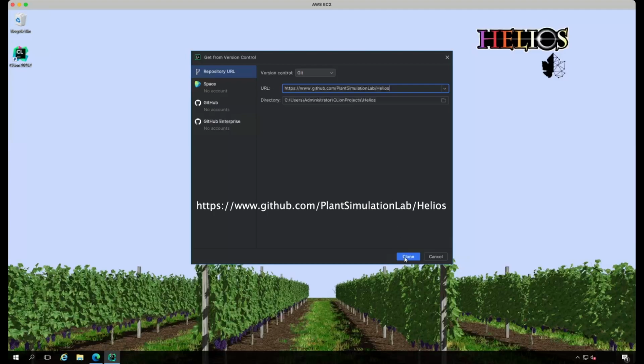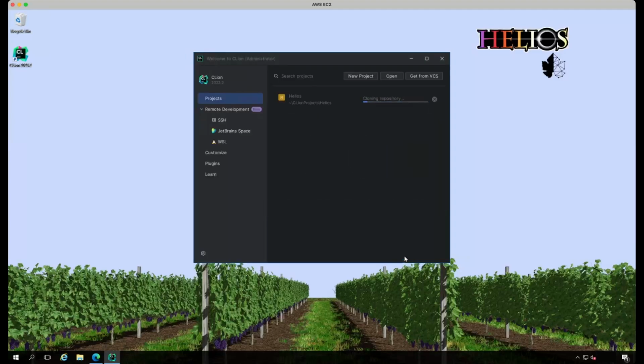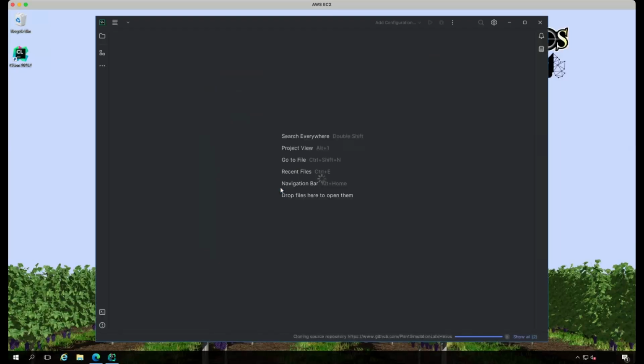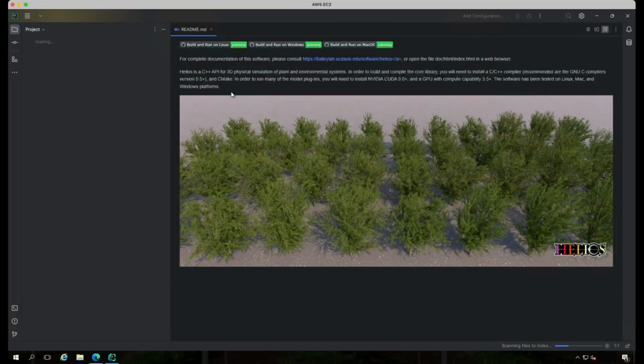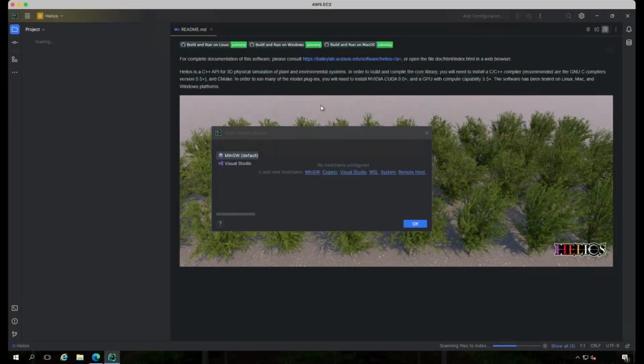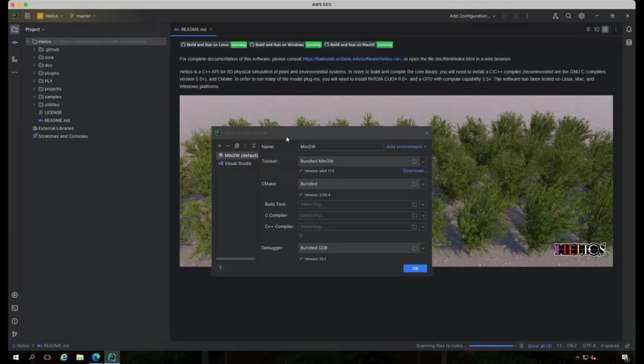And we can go ahead and hit clone, and it should pull the Helios source code from GitHub. We can trust the project, and it should open up a new project with the Helios source code. You can see the README page here. Then it's going to open up this project wizard